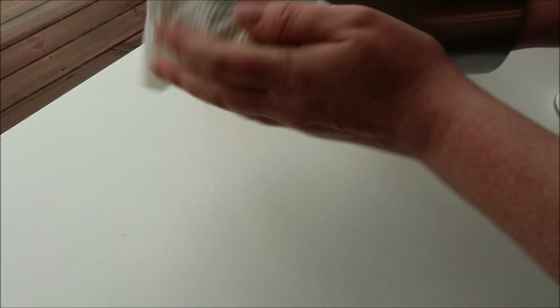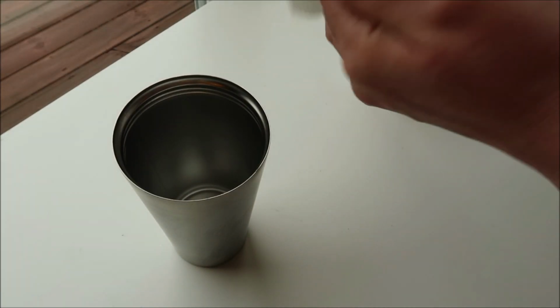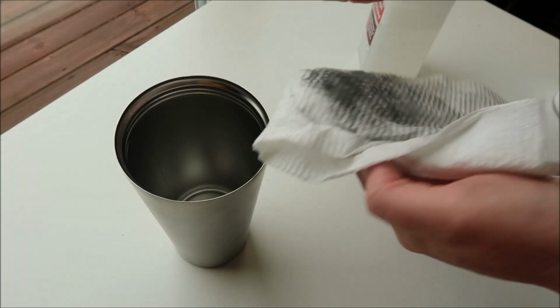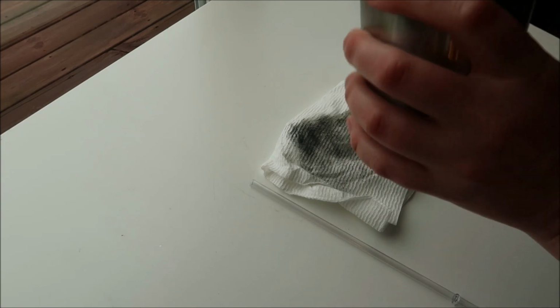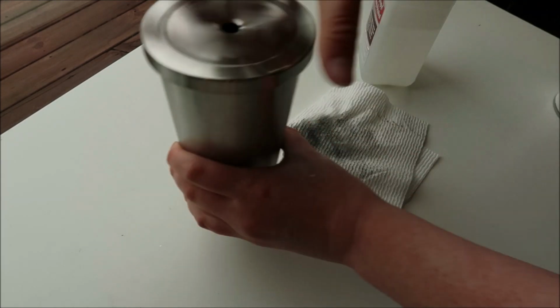So I got that clean. We're going to let it dry. It doesn't take that long. And then we're just going to wipe the cap off. Okay. So there I got it. And look how dirty that is. So you can leave the cover on if you guys want. I'm going to probably leave the cover on because I am going to